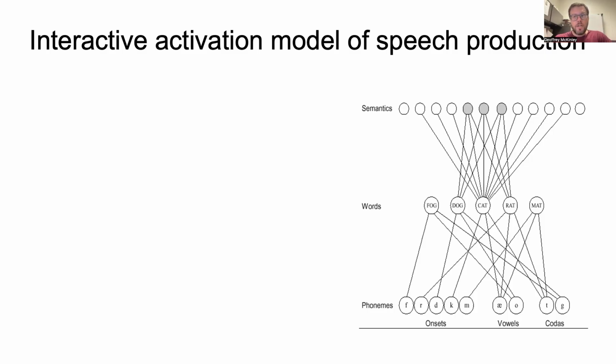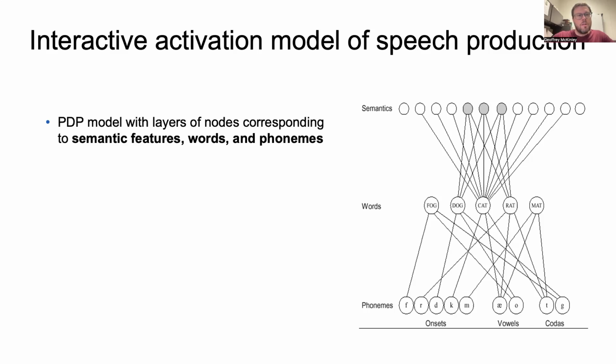So it's trying to model correct speech production as well as errors in speech production. It's also called a parallel distributed processing model and it has layers that correspond to semantic features,